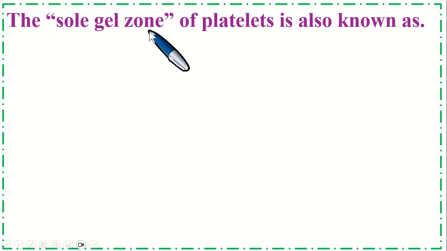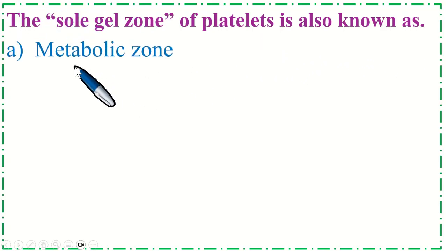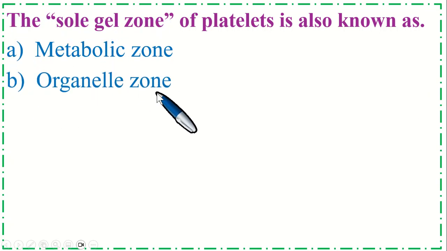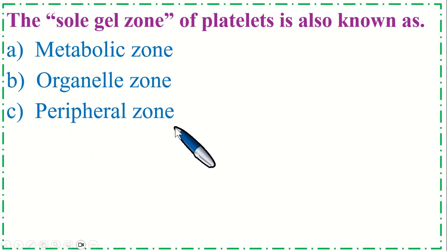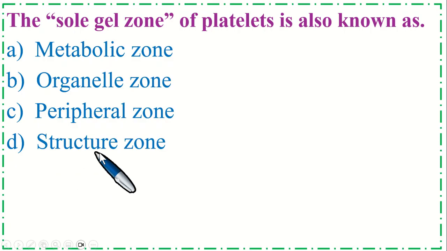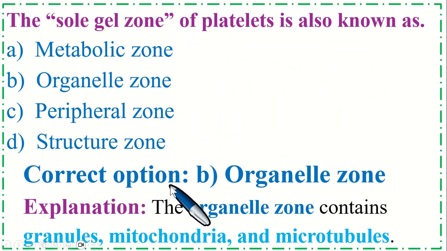The sol-gel zone of platelets is also known as: option A, metabolic zone; B, organelle zone; C, peripheral zone; and option D, structure zone. So the correct option is B, organelle zone. Explanation: the organelle zone contains granules,